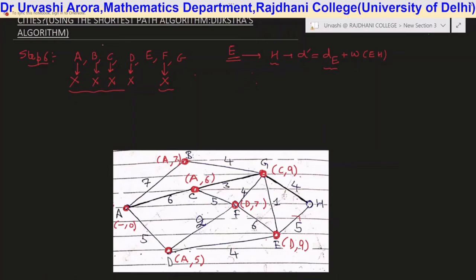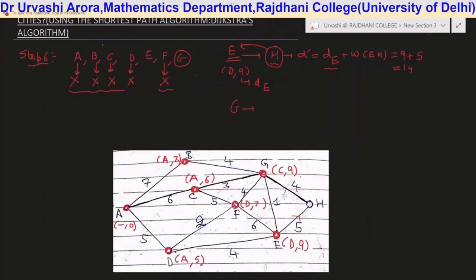And now again the label that was given to E, from the graph we can see the label is D9. So this 9 actually stands for DE, the distance traveled till E. So DE is 9 plus the weight of the edge EH from the graph, which is 5. So 9 plus 5 is 14. So 14 is the D dash for the adjacent unlabeled vertex H corresponding to the labeled vertex E. So these are the calculations for the labeled vertex E, and now coming to the last labeled vertex which is